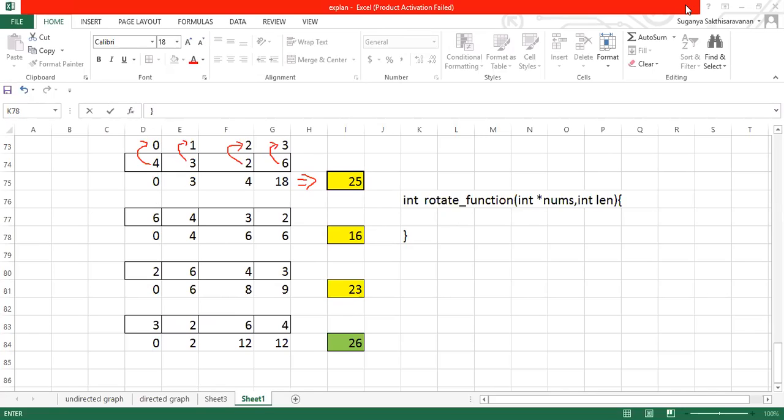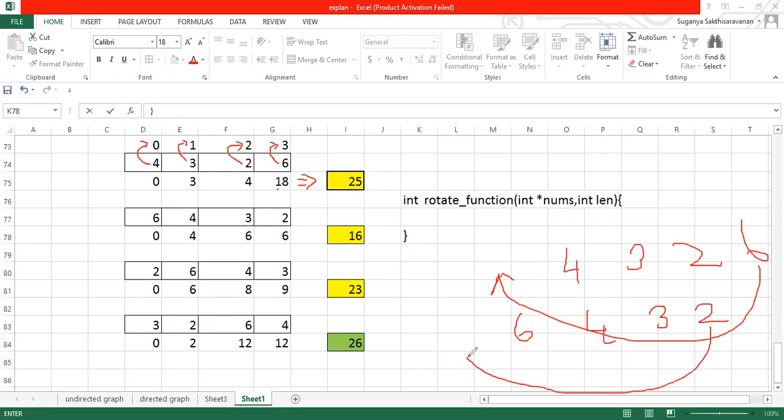So here, they are taking this particular value. If you're doing one rotation, like if the values are 4, 3, 2, 6, then this 6 comes here, so 6 comes first for one rotation, followed by 4, 3, 2. For the next rotation, you can notice that 4, 3, 2 are the next values, and 2 comes to the first position. For one rotation, 6 comes here and the remaining values remain the same.